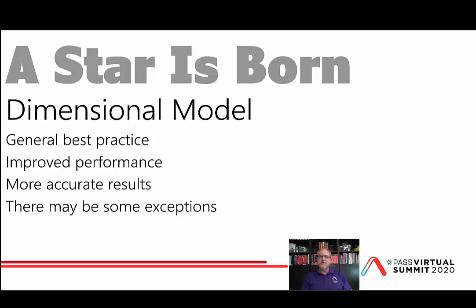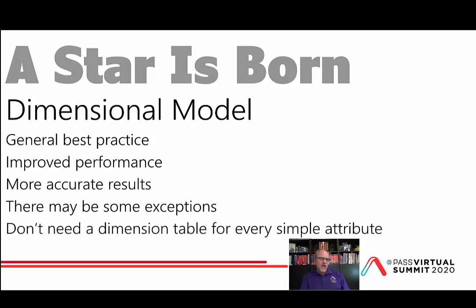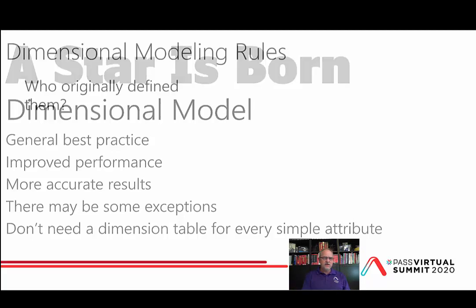Today we realize that there are some exceptions, and sometimes it makes sense to round the corners a little bit and do things quickly and iteratively rather than taking all of the time necessary to fully flesh out all of your dimensions and keys and attributes and that kind of thing. You may not need a dimension table for every simple attribute. And so we may have a table that we see as a fact table, and it might have some dimensional attributes in it. Those are what we call degenerate dimensions when they just come out of the fact table. And you may or may not have to put that into a separate table.